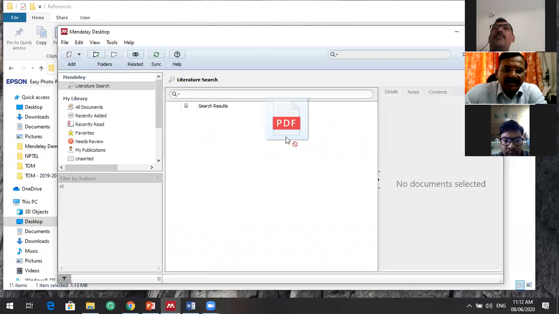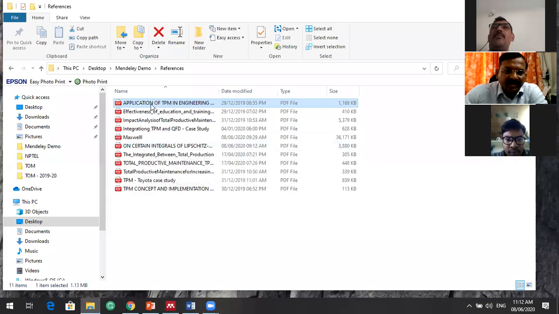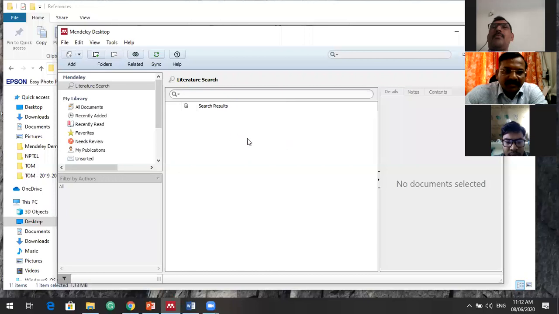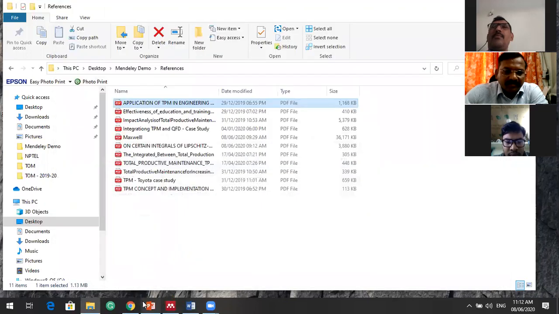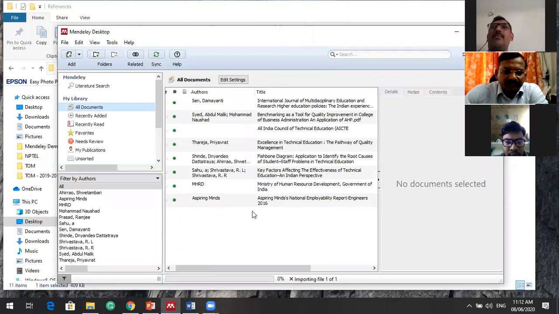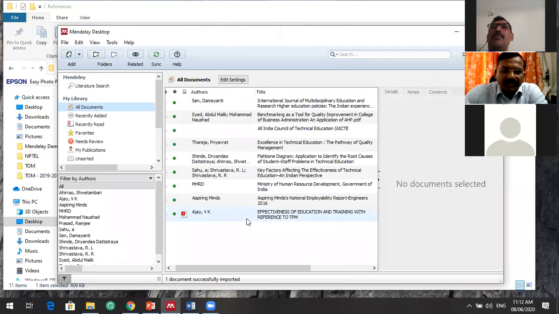You can directly drag and drop the paper into Mendeley from wherever you had saved it. I will say add. So you can drag and drop.